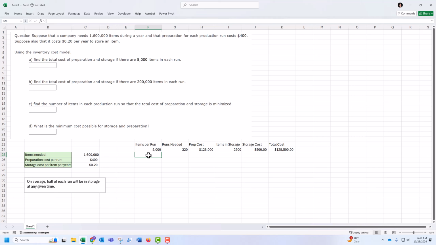Okay. Now the question is, what if I make bigger batches? So if I do twice as many items per batch, I only need 160 runs. My prep cost went down by 64,000. My storage cost doubled, but overall total cost went down. So let me